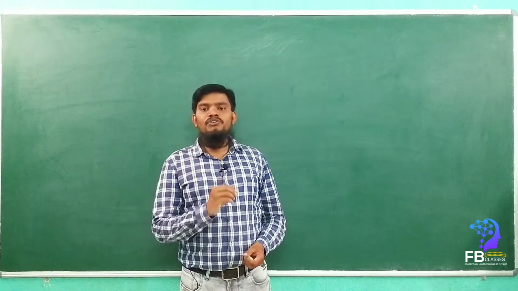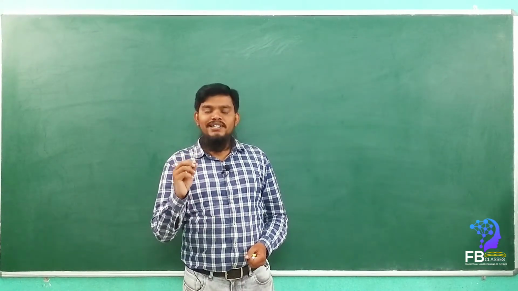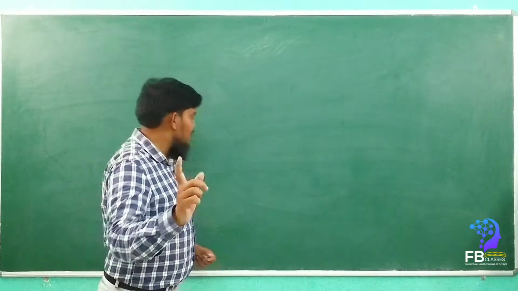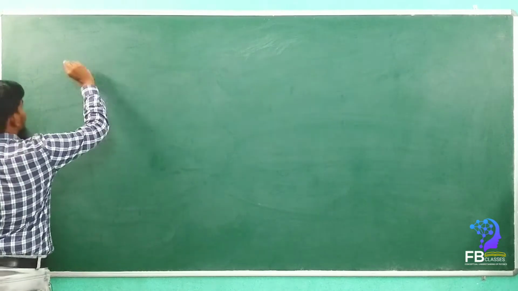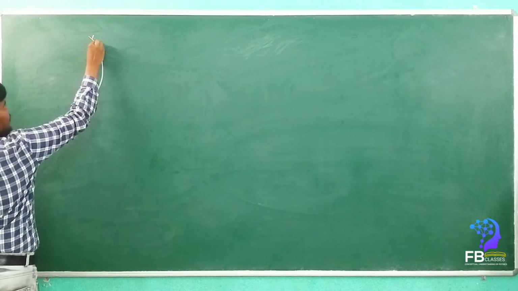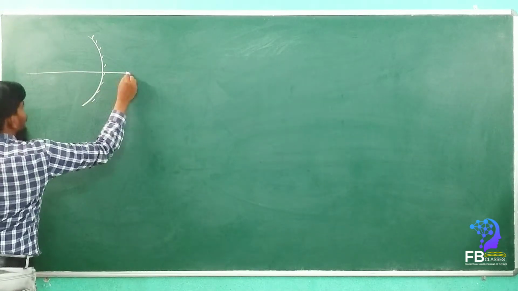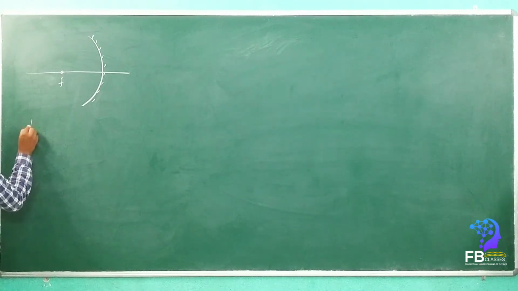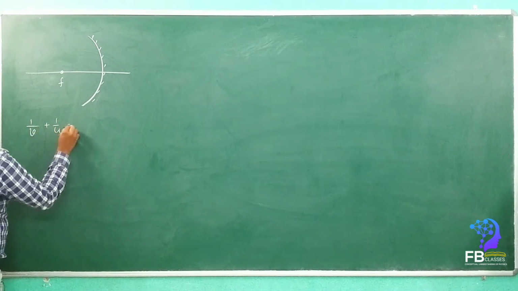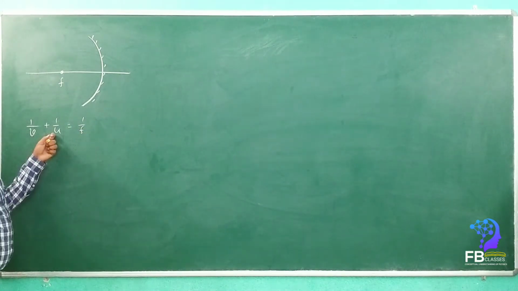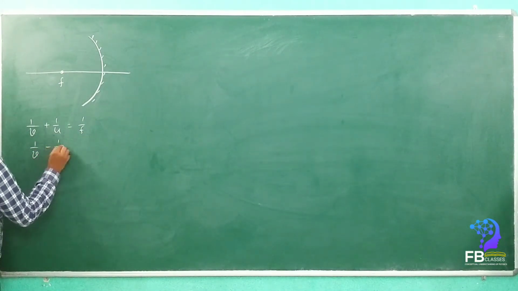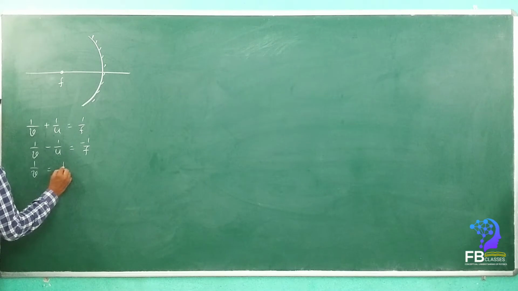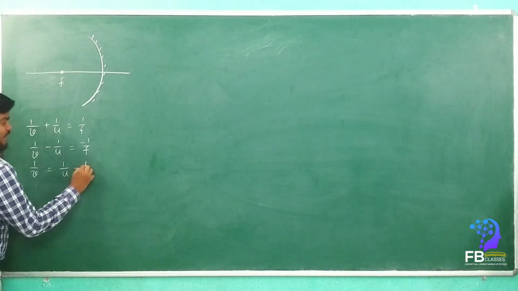Okay, my dear students, now we are going to learn the conceptual understanding behind the mechanism of the principal focus. The principal focus is very important. See here what role it plays. For example, this is the concave mirror, and let this be the principal focus. Now the mirror formula says 1 by V plus 1 by U is equal to 1 by F. Now when we put the values along with the sign, what will happen? 1 by V minus 1 by U is equal to minus 1 by F. So 1 by V is equal to 1 by U minus 1 by F.